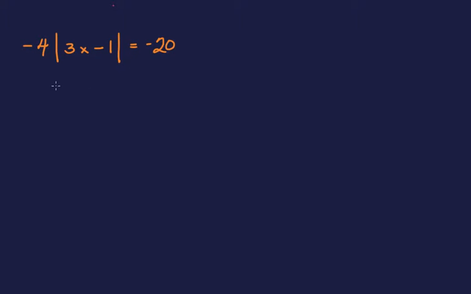There were 2 ways to do this. You could distribute, or I'm going to do method 1 in this color, and then I'm going to do method 2 in a different color. An easier method in my humble estimation, but it might not be so easy for you. So I'm going to write it over here, rewrite it over here as a second way to do it. -4 times the absolute value of 3x minus 1, fix that subtraction, and that also equals